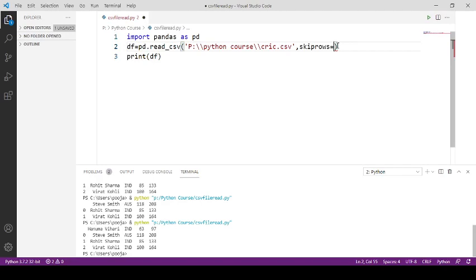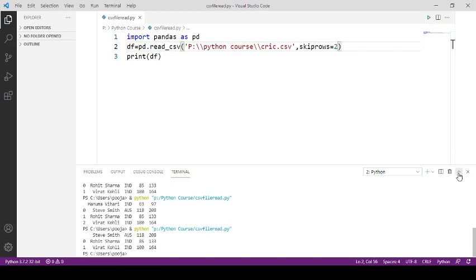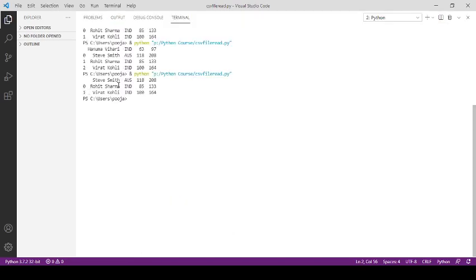Now skip second row, press Ctrl S and press this green button to see the difference. Now you can see second row is skipped and rest data has been read.